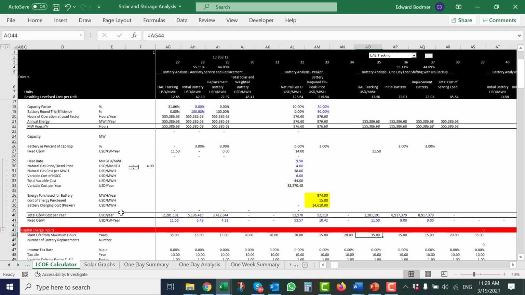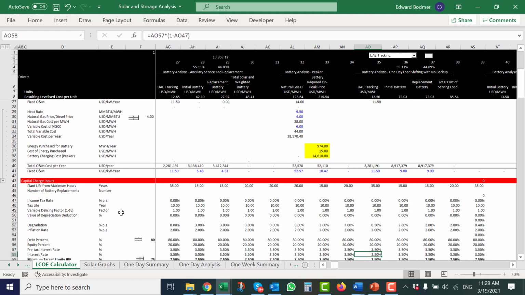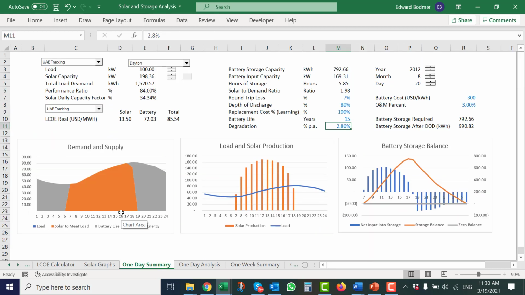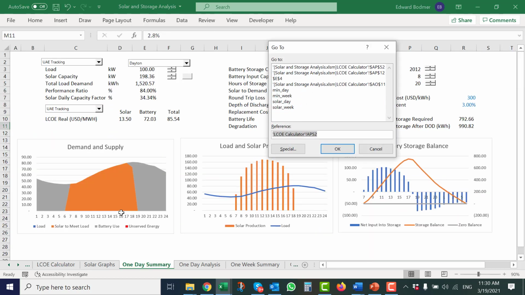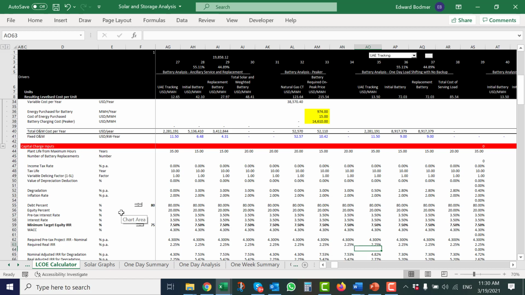And then you're just about finished, because then you say, okay, I have a 35-year solar life. I put no income taxes. You can put all sorts of income taxes and get variable declining balance and all that stuff. And I put a higher degradation, and this degradation I hope comes from here. And I hope this principle of using F5 and going back and forth works, without all those horrible blue things.